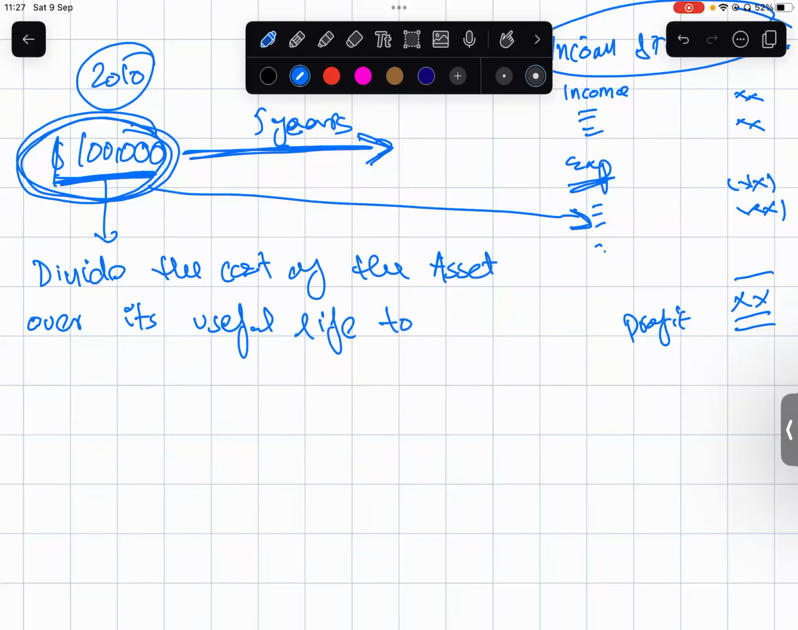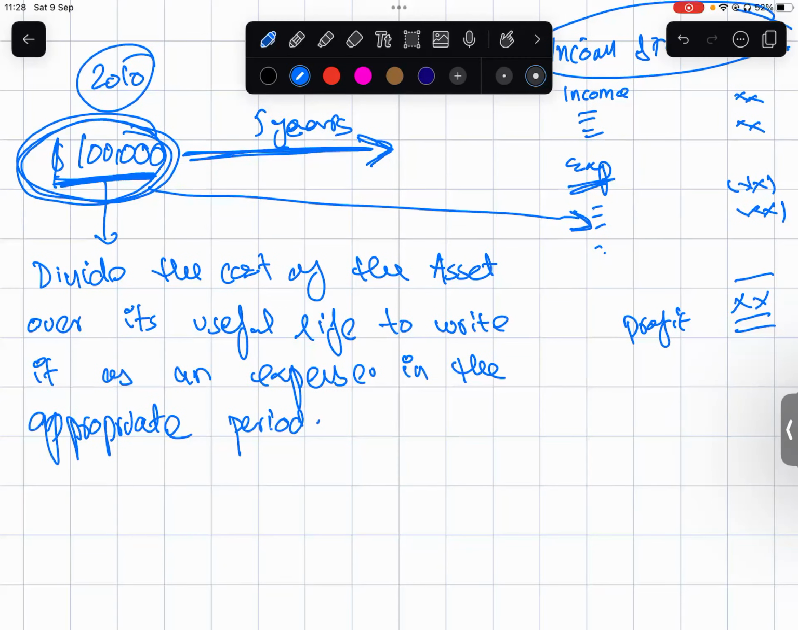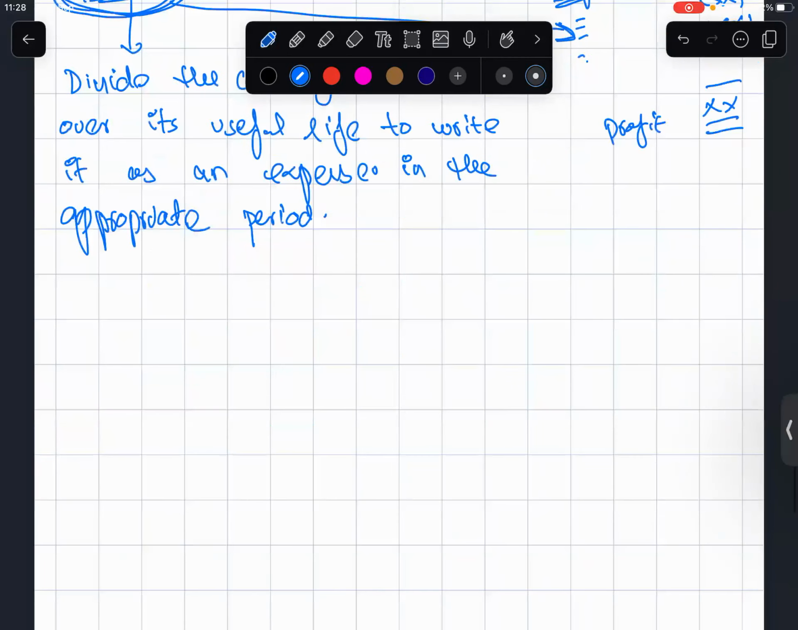to write it as an expense in the appropriate period, right? For example, out of this 100,000,